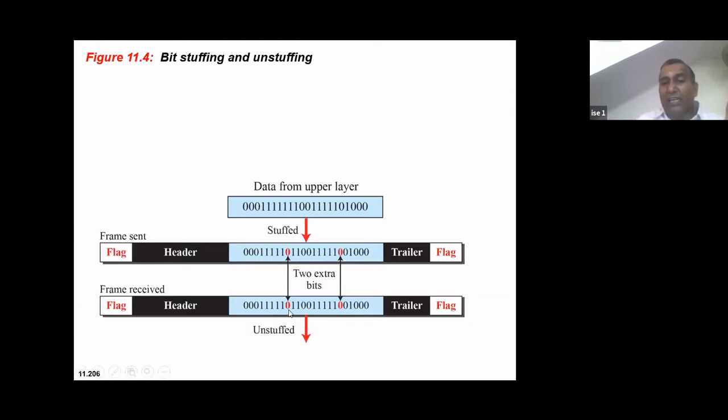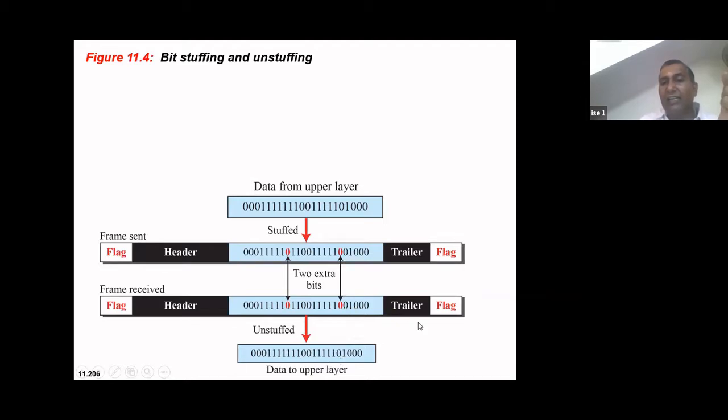So while unstuffing, the receiver comes to know 0 followed by 5 ones. If there is a 0, it will know that this is bit stuffing, and 0 followed by 5 ones followed by a 0, it understands that these are stuffed bits which need to be removed. So you can see here 0 followed by 5 ones, and this 0 has been removed, and this is recovered, remaining 2. And here 0 followed by 5 ones, that 0 is removed, so there is only 1 0, and then followed by 1.